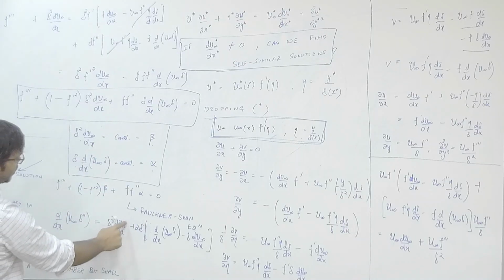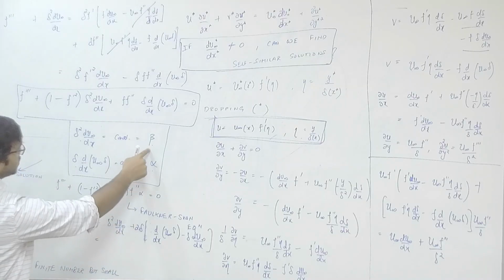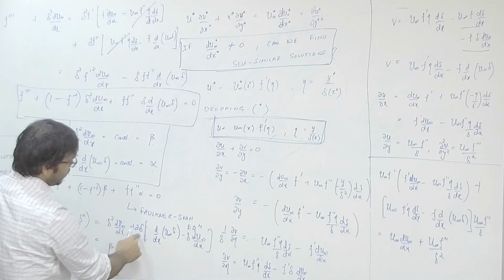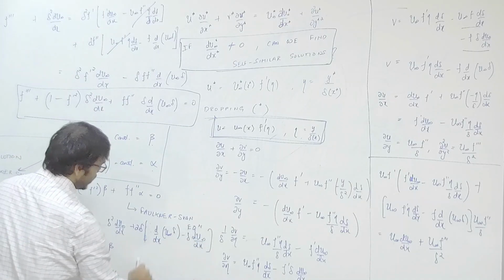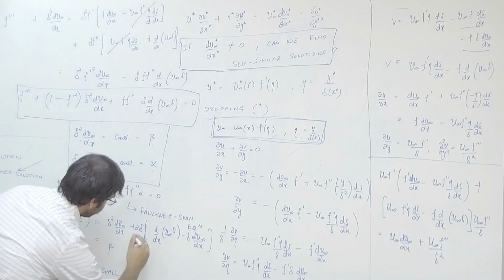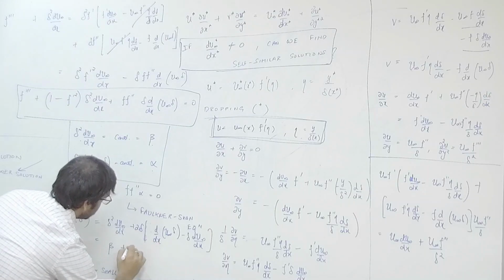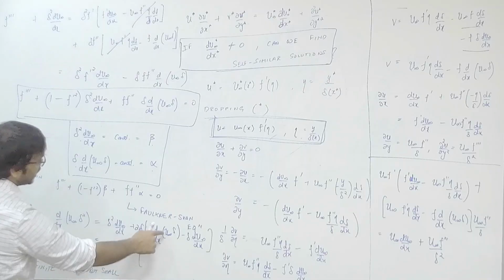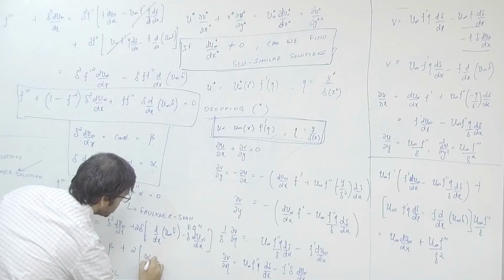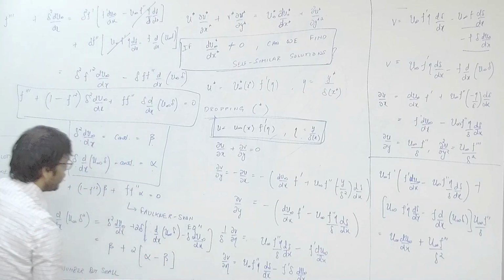So, this delta square du infinity by dx is beta, and then again you get a 2 delta times delta square delta du infinity by dx, that is again a beta, right. There is a 2, and then a delta times d by dx of u infinity delta is alpha. So, this is basically alpha minus beta,